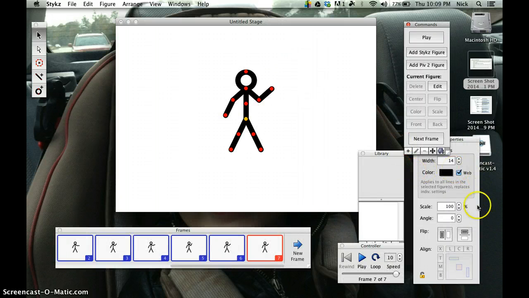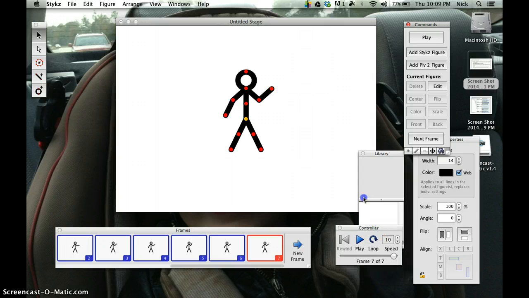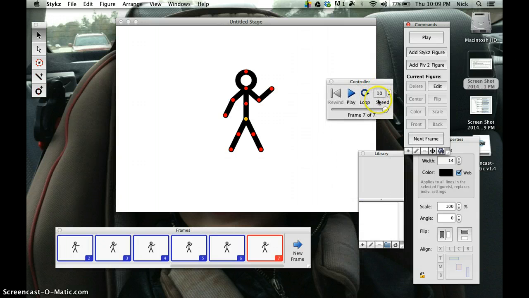What's really important to know is in the controller right here, it gives you the speed. Ten frames per second is typically the average. So that means that because this is only 7 frames, this entire animation is not a second. It's 7/10 of a second. So we would have to add more for this to be that. You can also double up frames, whatever you want to do,